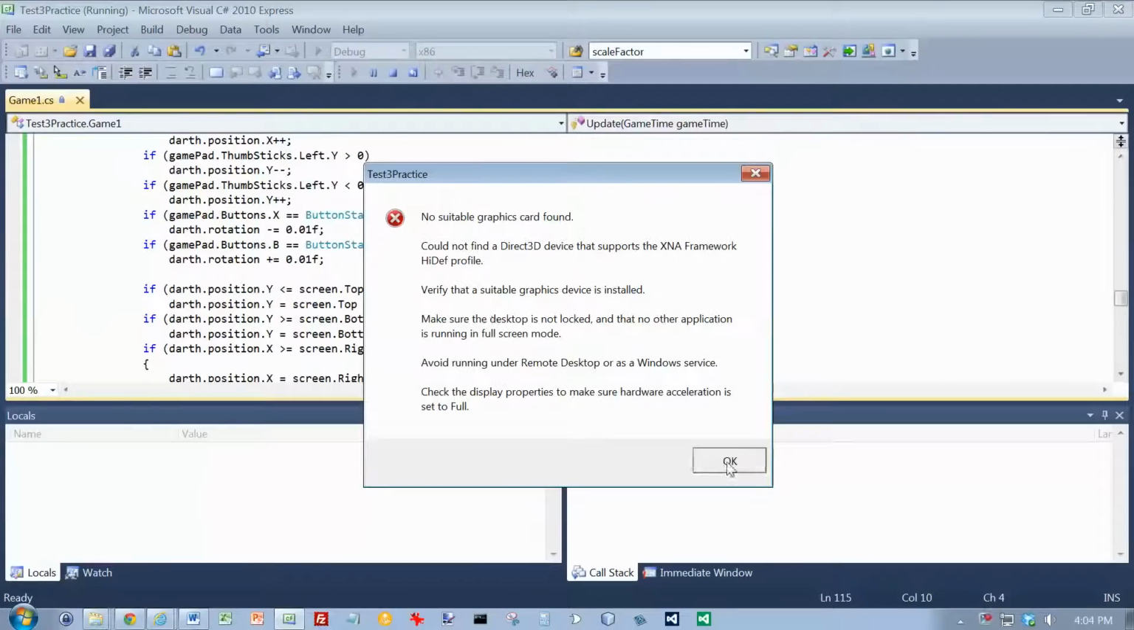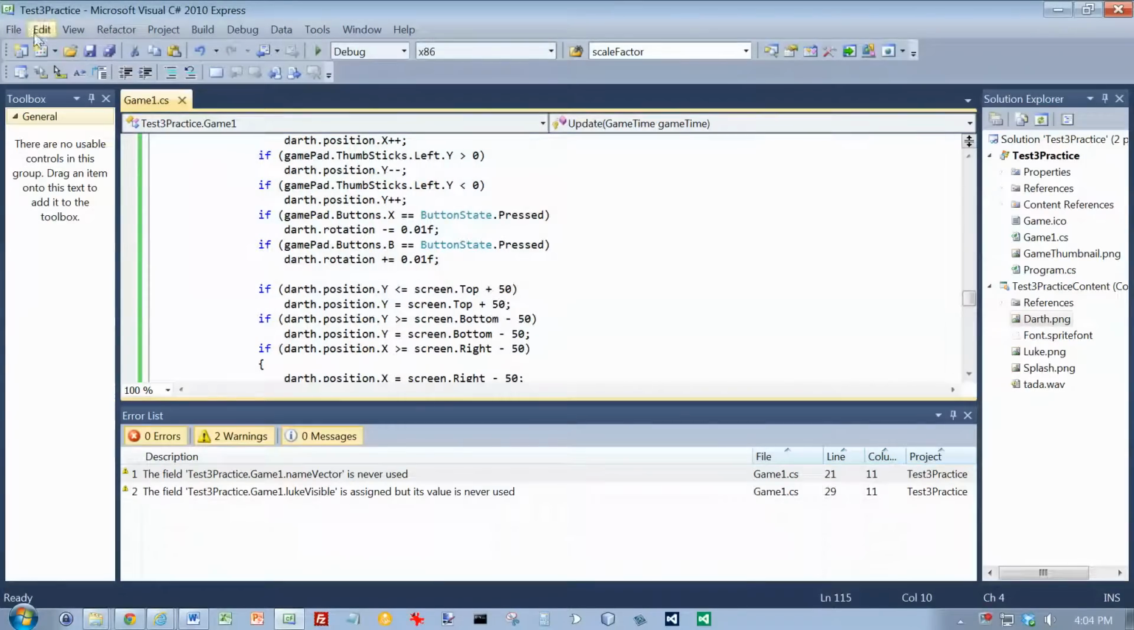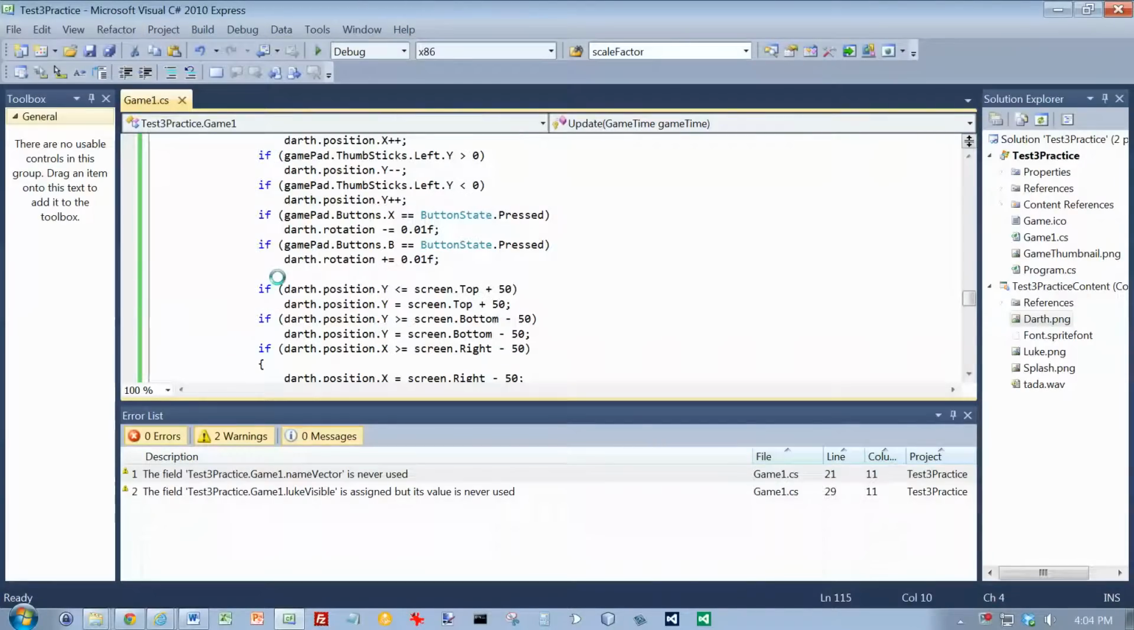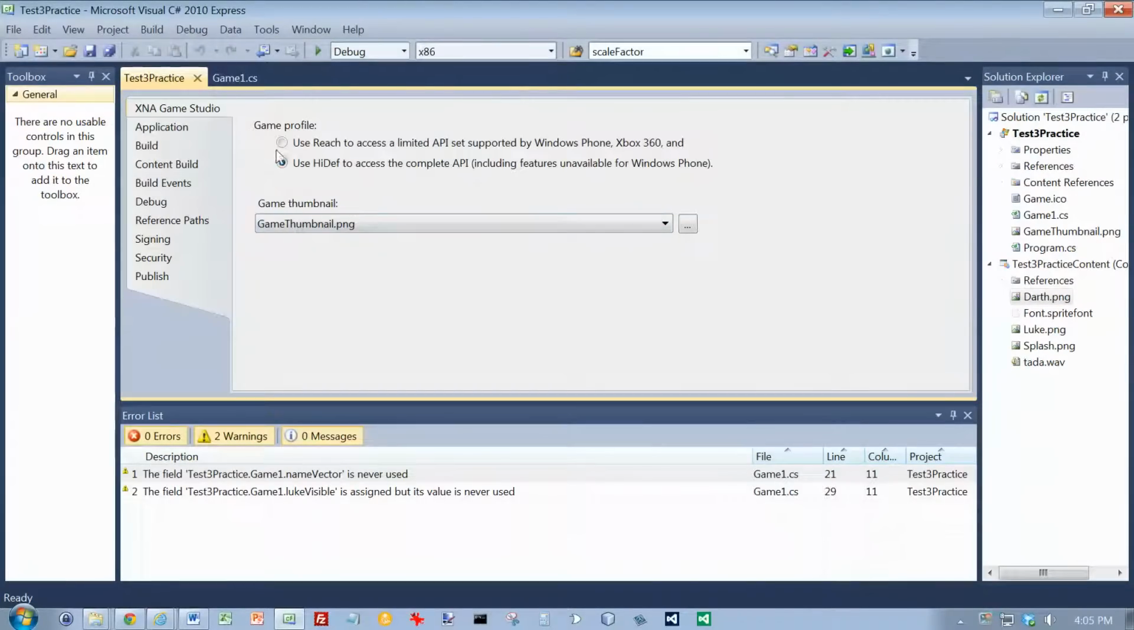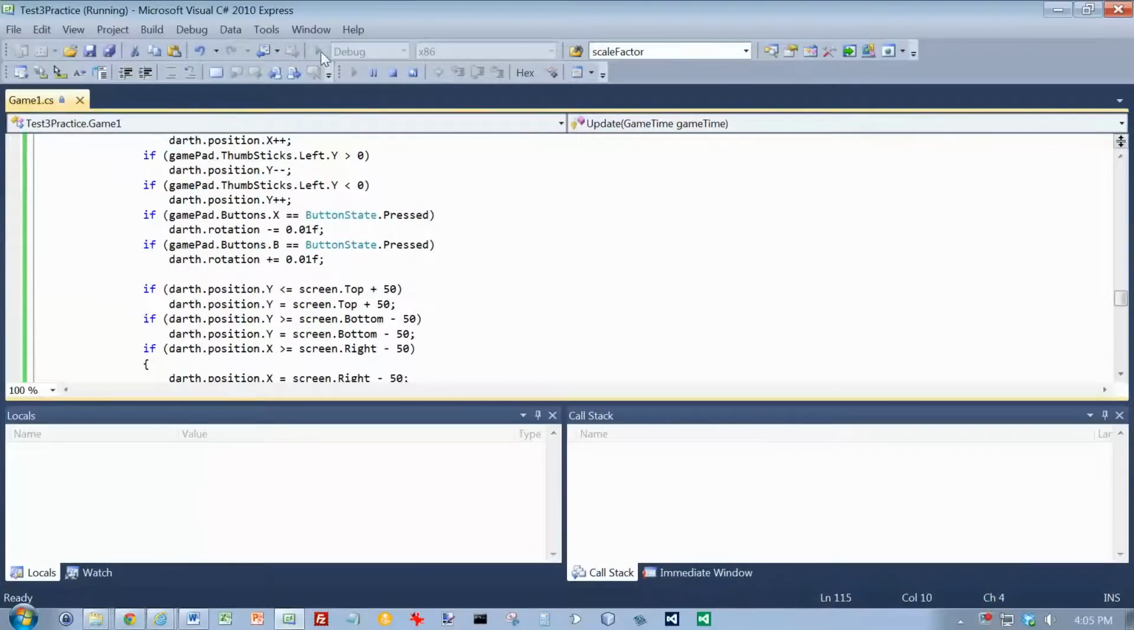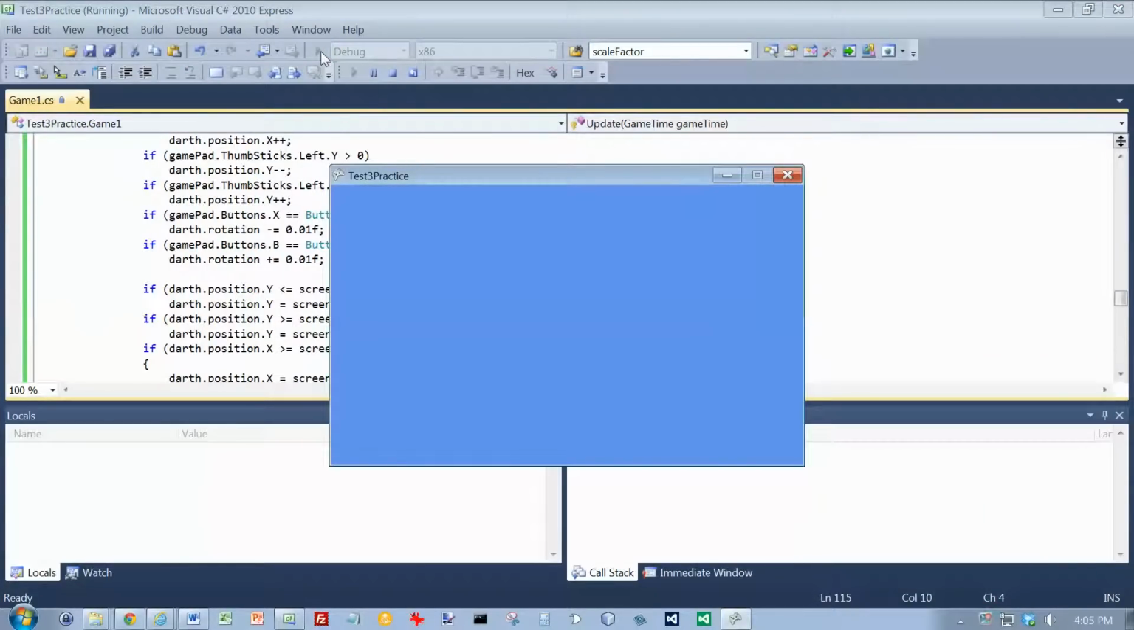Okay. And I have a cheap computer with a low quality graphics card on it, so I need to go to the project here and go to properties and tell it I want to use this limited set of drawing methods. And if I draw it now, nothing's going to happen, but if I press the back button,